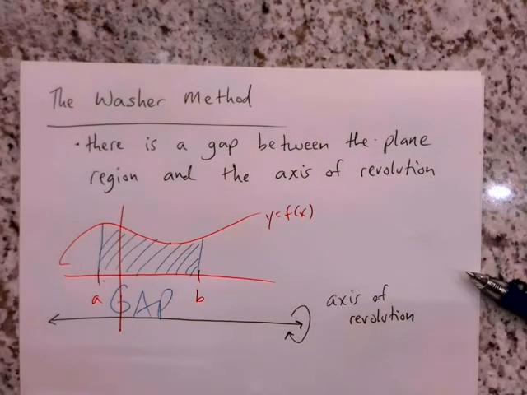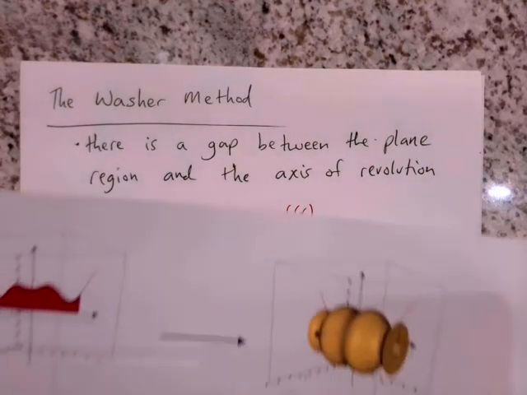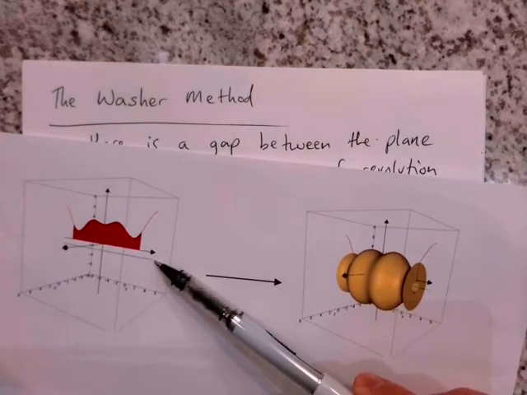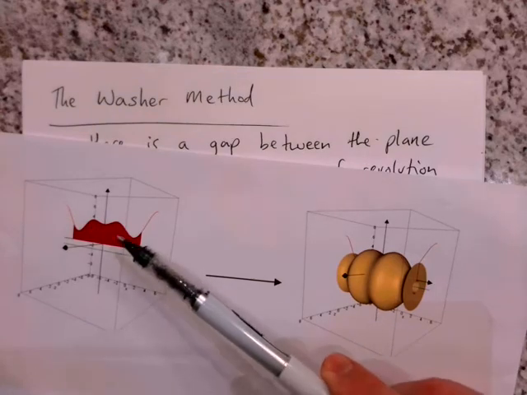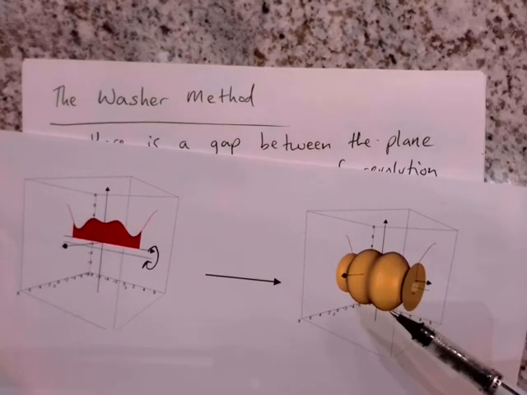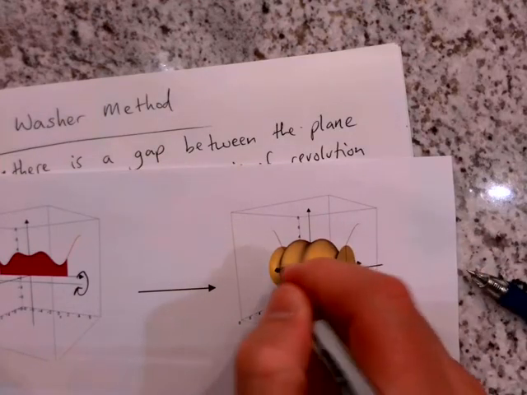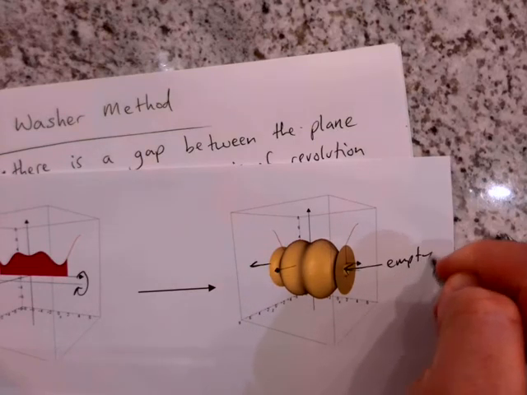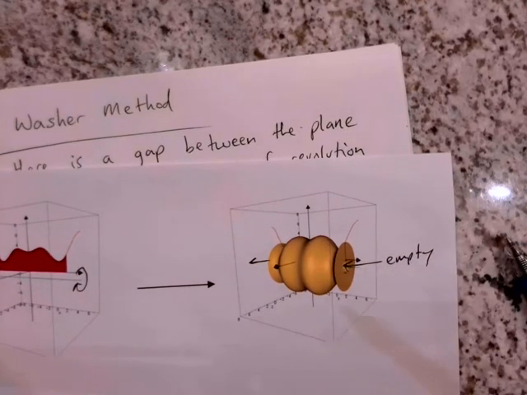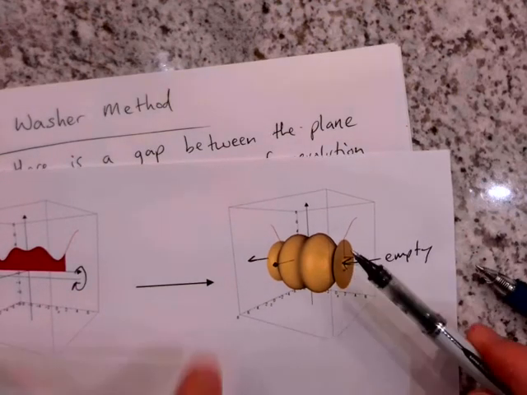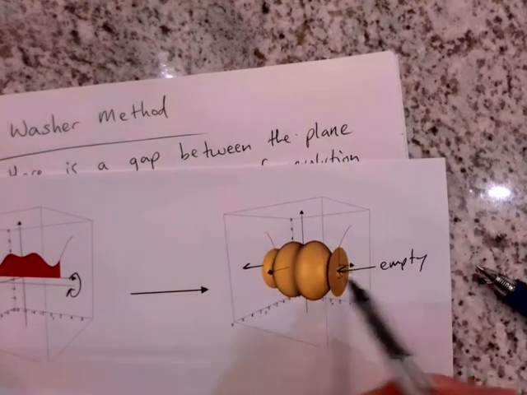And what that's going to look like is this. So here we have a plane region. Right here, this line is the axis of revolution. When we rotate that around, we get this solid right there, which actually really isn't solid. There's an empty spot right there. There's an empty cylinder that's been almost bored out of the center, right? So it's empty in the middle. Like if you were to turn this so you were facing right into it, you could see all the way